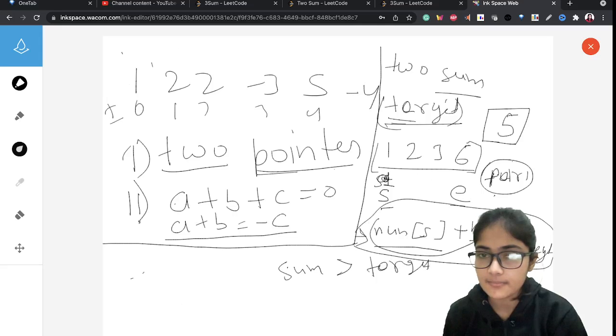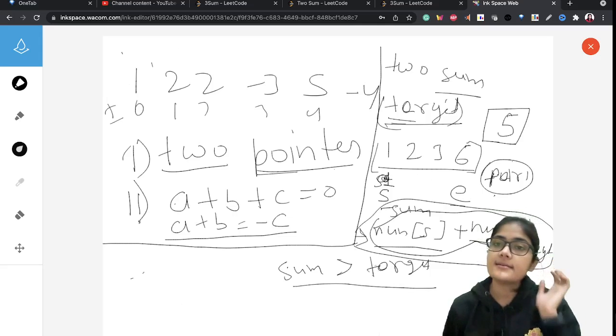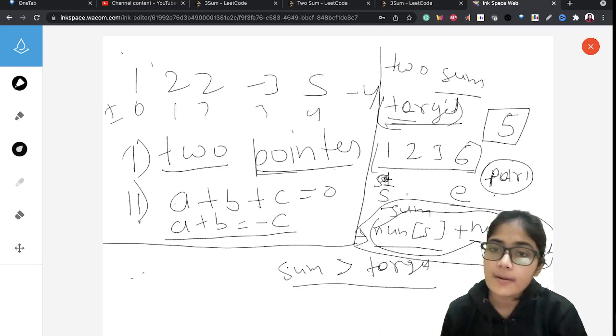Let's say this is sum. If this sum is greater than target, then our pair can be any pair, but it will always lie to the left of the end.